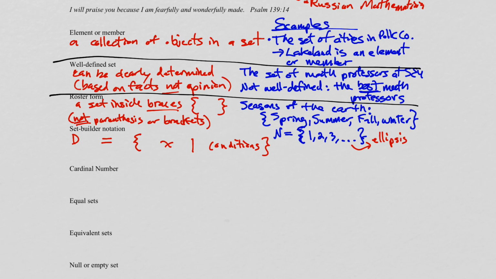And so this would be called, let's say, set D is the set of all elements X